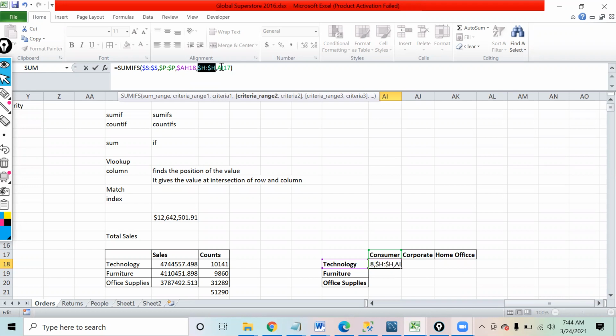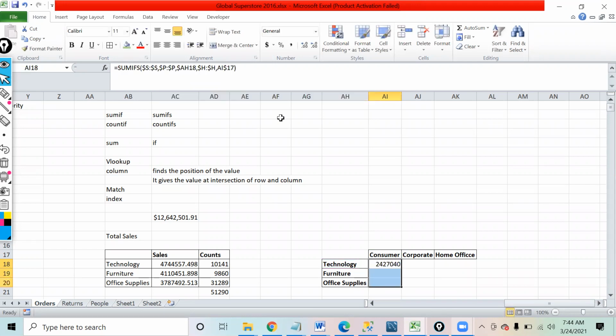And in the next one, again row number should not change. That's it. Now if I put home office, what is wrong inside this? Oh, spelling of home office is wrong.